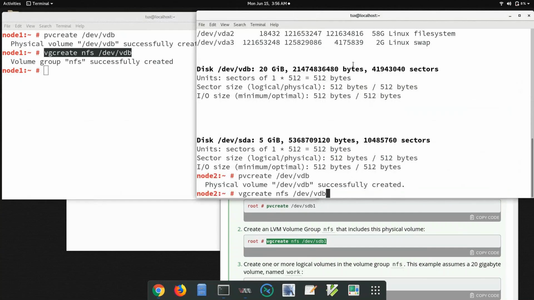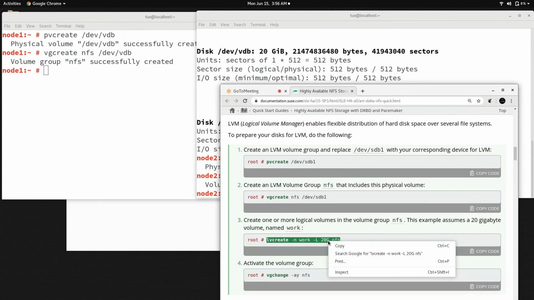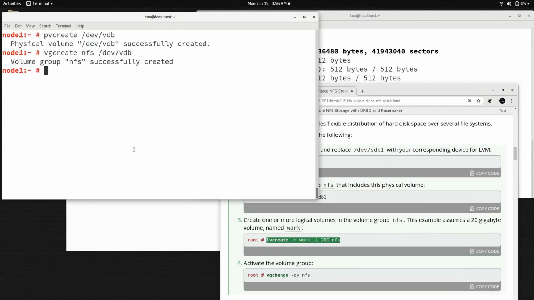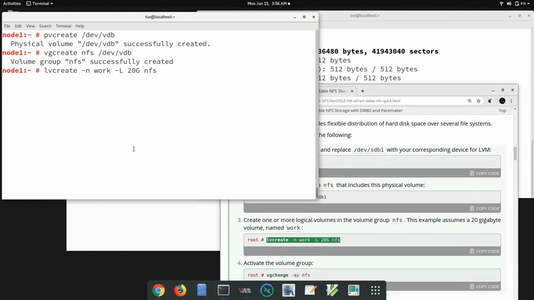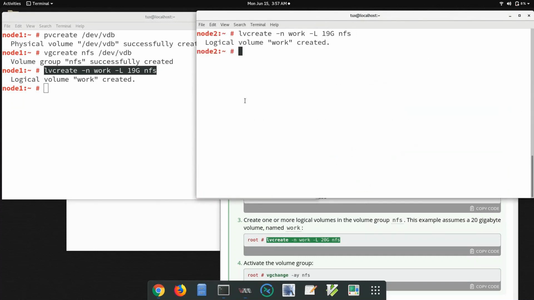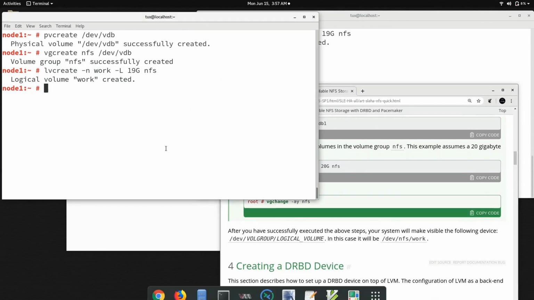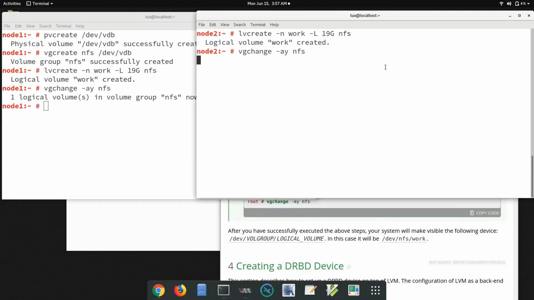Why am I using LVM? So that you can increase or decrease the size, that is why. The size which I'm going to take is 19 GB, right? And the same here, because we have an additional separate disk available in both nodes, you are supposed to do these jobs manually, and then you have to activate the volume group, right? So copy is there, great. Copy, enter, copy, enter. Yeah.